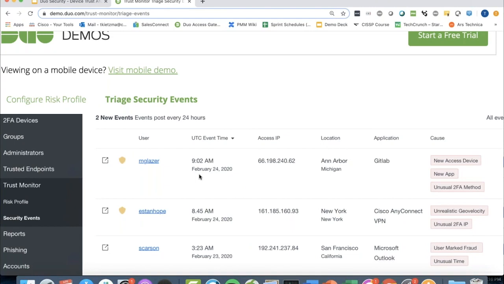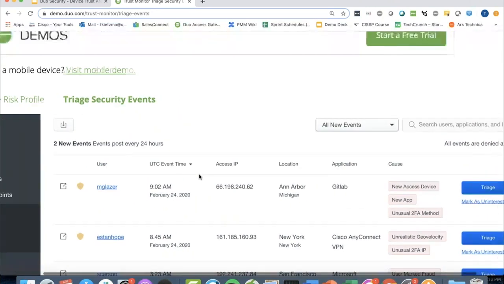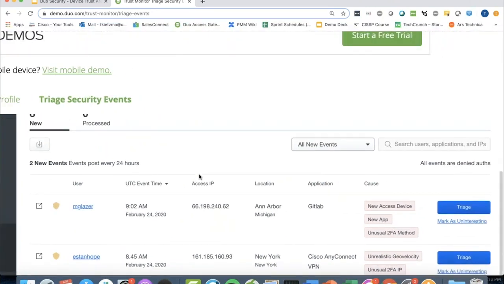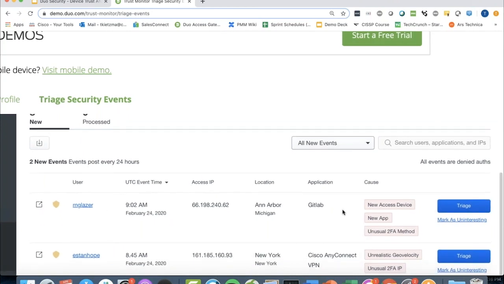So that can be from a device we don't expect, from an IP we don't expect, to an application we don't expect. So if you're using Duo in your environment to protect a variety of applications with multi-factor authentication, Duo then gets insight into what users typically access and what their day-to-day looks like. And so we set a historical baseline, and then for a user like M Glazer, we can say, this is a strange or anomalous event because